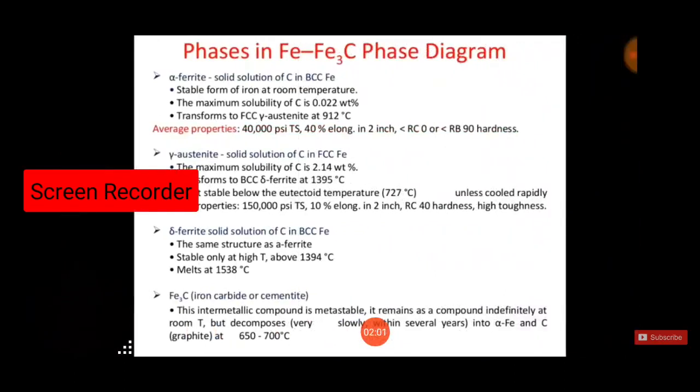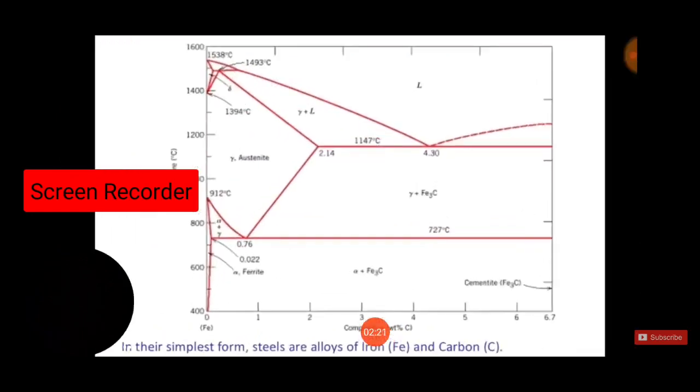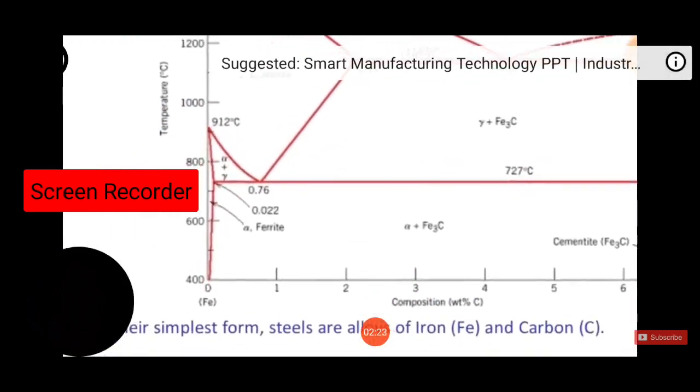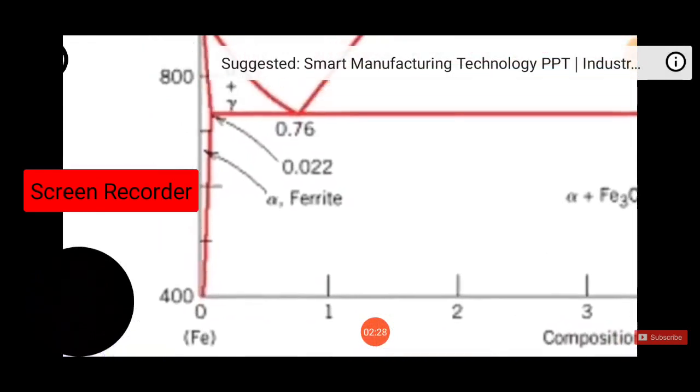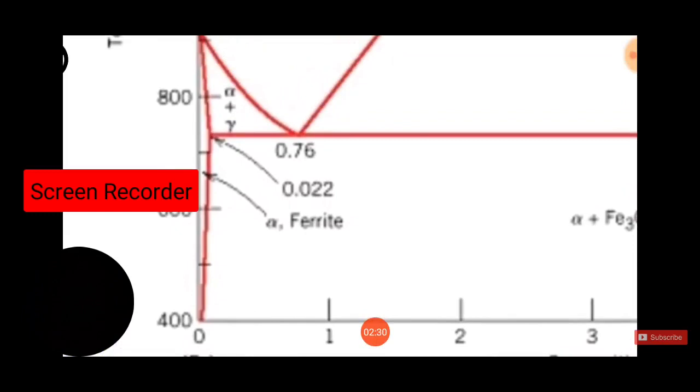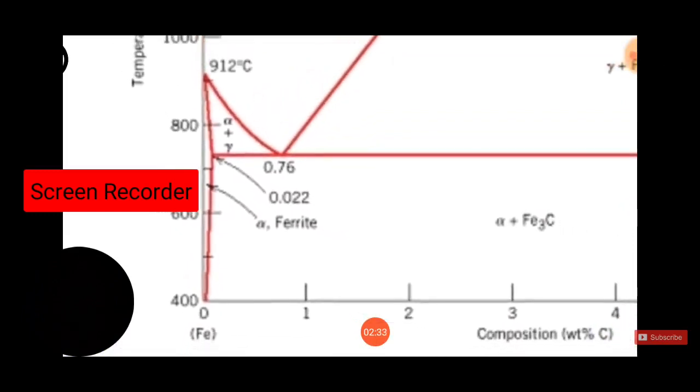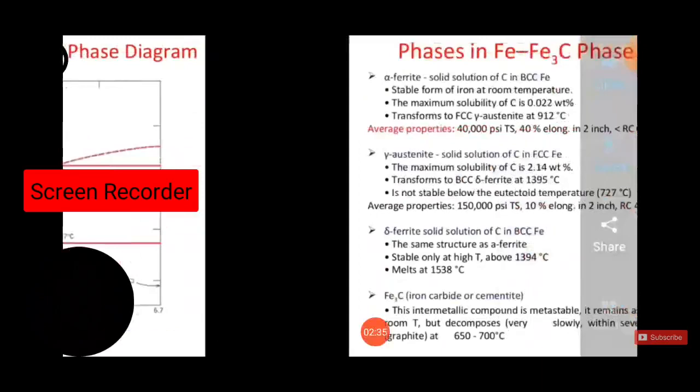Phases in iron carbon diagram. Alpha ferrite is a solution of carbon in BCC Fe, that is iron. It is a stable form of iron at room temperature. The maximum solubility of carbon is 0.022 weight percentage. As we see in this diagram, alpha ferrite composition is as minute as 0.022 percentage carbon,